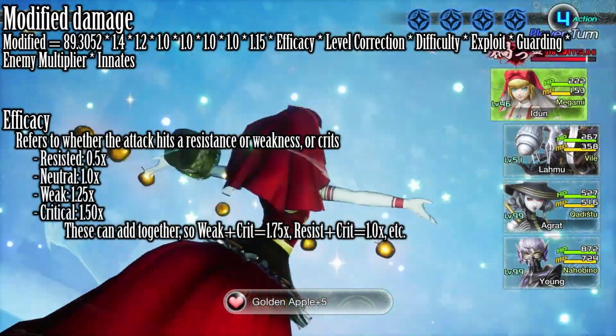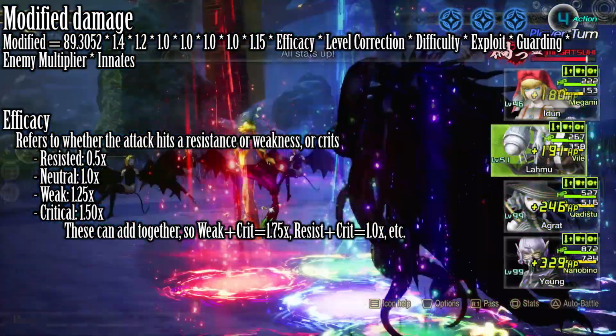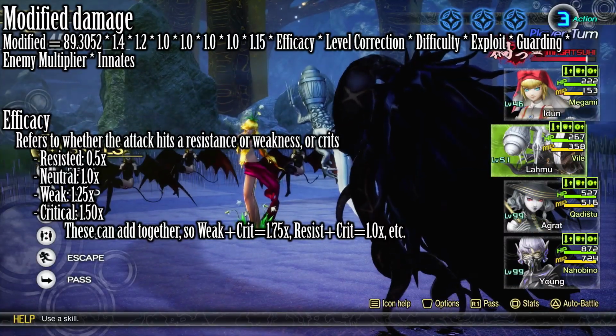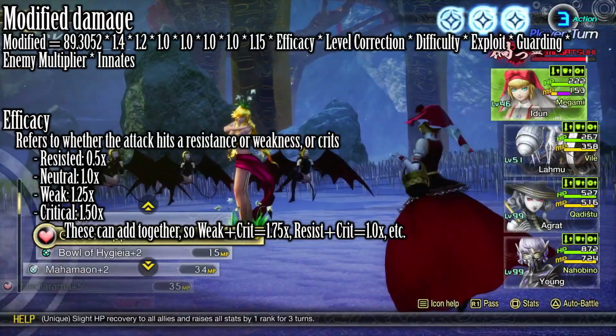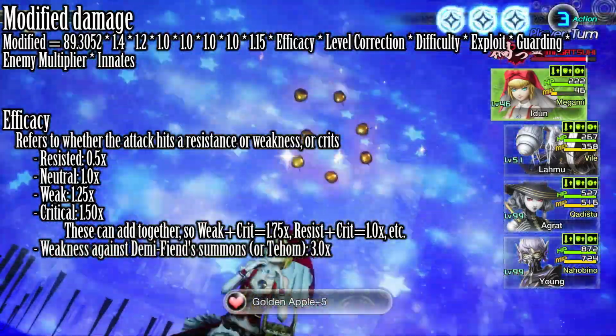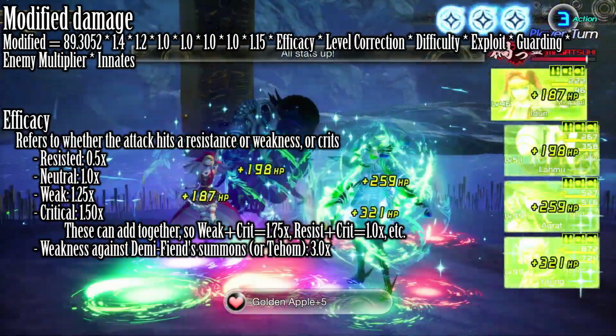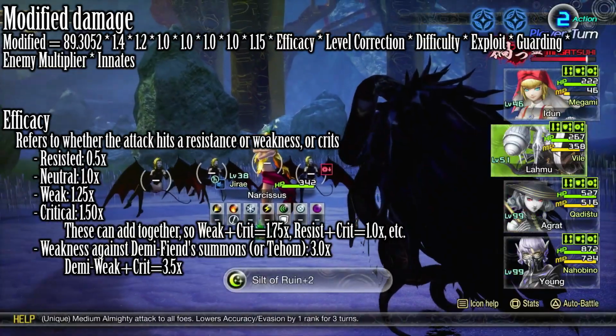A resisted hit is halved, a neutral hit is, well, neutral, a weak hit gets a 25% boost, a critical hit gets a 50% boost, and a critical hit against a weakness gets a 75% boost. Though, a fun quirk here, Demi-Fiend's summons actually take 200% more damage. This means a critical hit against a weakness would get a whopping 3.5 times multiplier, so something to help you